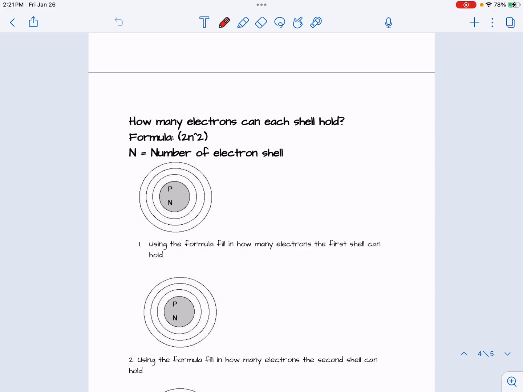A Bohr model is essentially a representation of protons, neutrons, and electrons in a specific model developed by Niels Bohr. It's actually spelled B-O-H-R. It's a Bohr model, okay? And it's basically the idea that electrons can fit into what we call electron shells or energy shells. And so we have